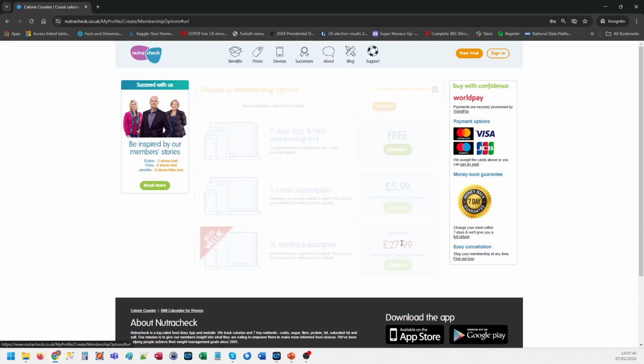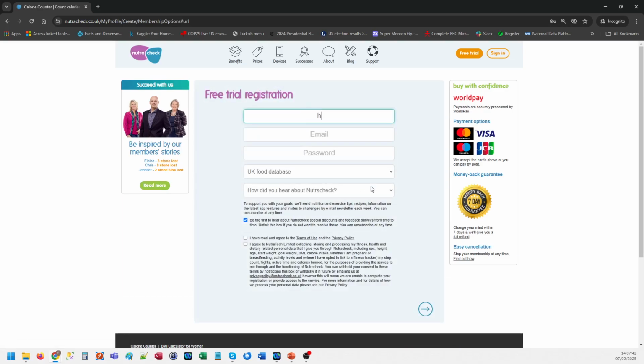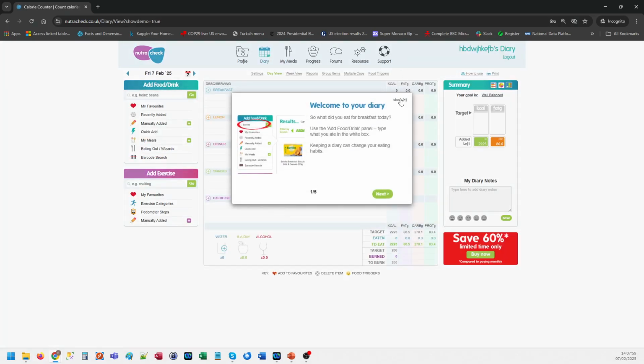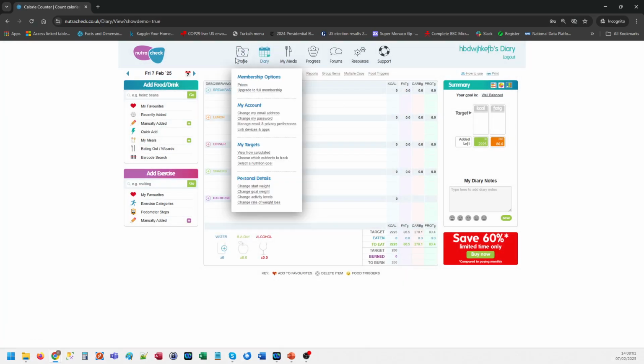Now, choose this free trial. Put in your name and some sort of email address. Your email address, obviously. Password. Tick this. Read the T&Cs and privacy policy, which I've already done before. And there we go. Start trial now. And you can close this. Next thing you need to do, click on profile and then go to